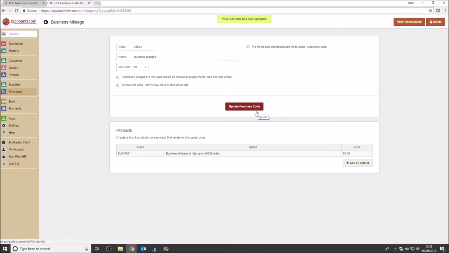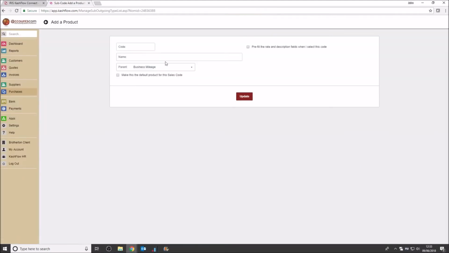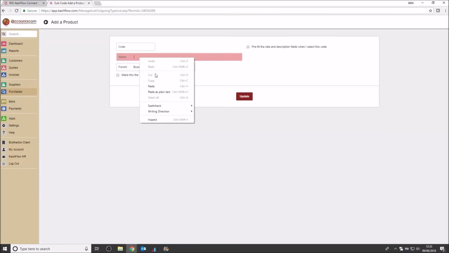So this will make sense as we just run a few supplier invoices. So what I want to do now is go in and add another product, and we might say, let's just paste it across at 25p. So we're saying it's still going against this nominal code, business mileage, but we're creating a product which is business mileage at 25p, and if we change that to over 10,000 miles, we don't want to make it the default